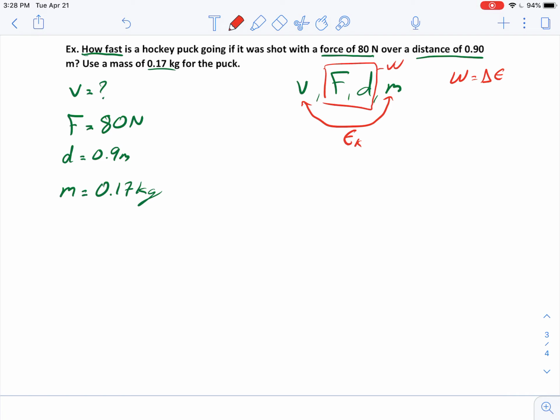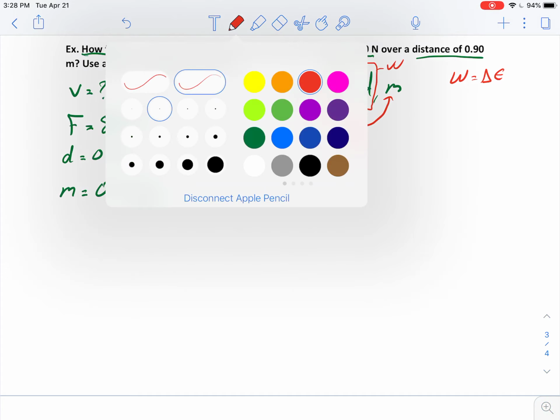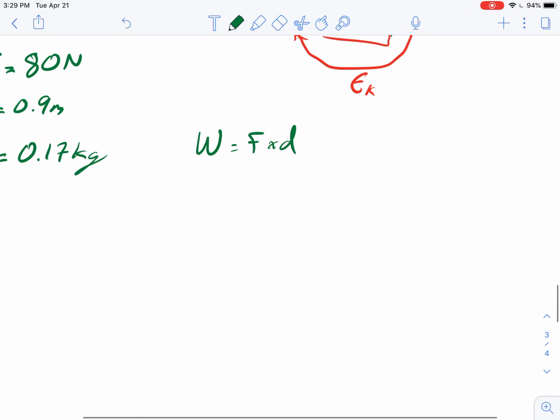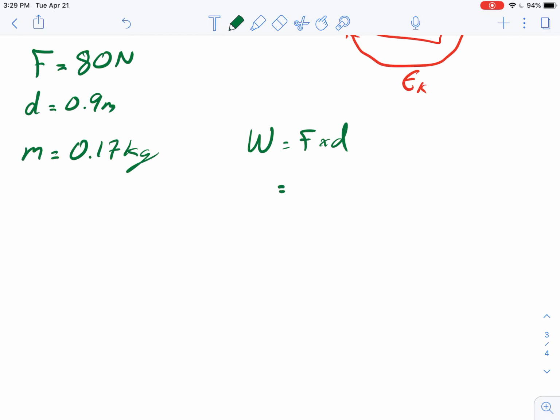If I look at my formula sheet right now, I know I can solve for my work because I have everything I need. So let's do that. Work is equal to force times distance. If you're ever stuck, just solve for something. Just find on the formula sheet all the variables you have and solve for something. It usually will lead you to a different step. So if I solve for work, I have work is equal to 80 newtons times 0.9, which is going to give me